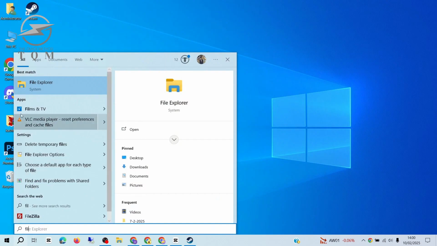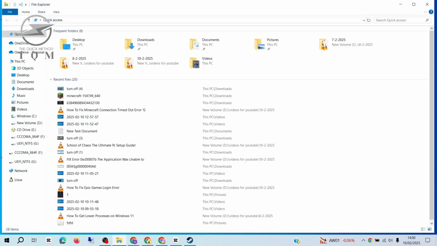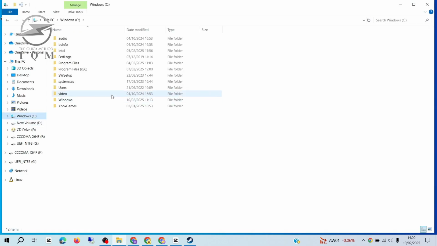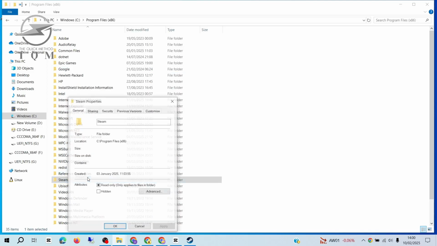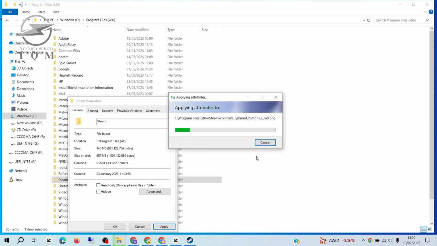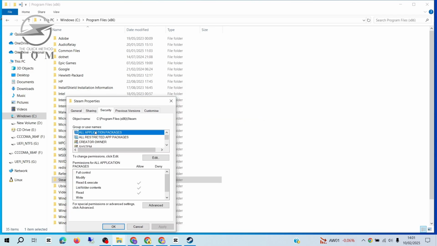Search for File Explorer in the Start menu, then navigate to the Steam folder in your C drive under Program Files x86. Right-click on the Steam folder, select Properties, and under the General tab, uncheck the Read-Only box, click Apply and OK. Next, go to the Security tab, where you need to ensure you have full control over the